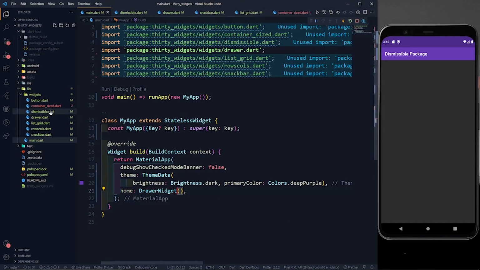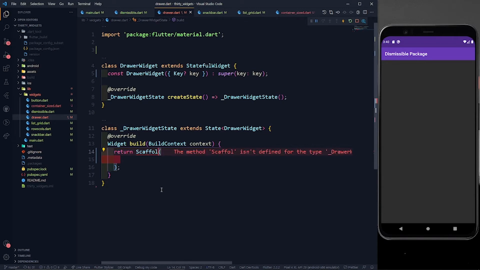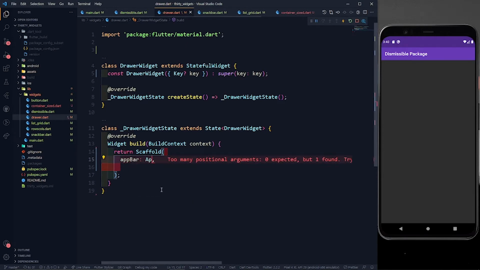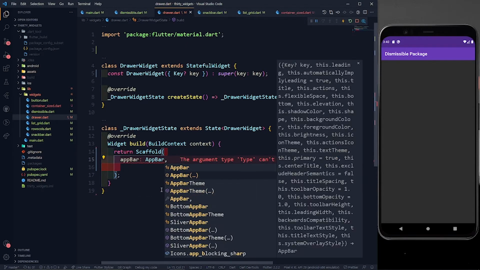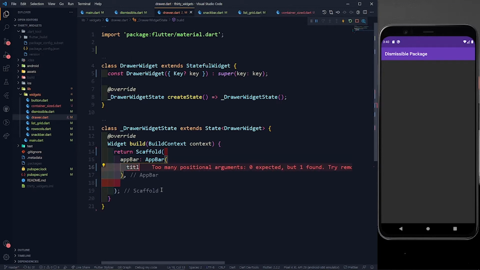Yes. Then I'll come to my drawer.dart, and first of all I'll define a scaffold. In the scaffold, I'm going to define an app bar. This part we have already covered a lot of times, so I'm just not explaining it. In the title, we have to define a text, and let's define Drawer Widget.